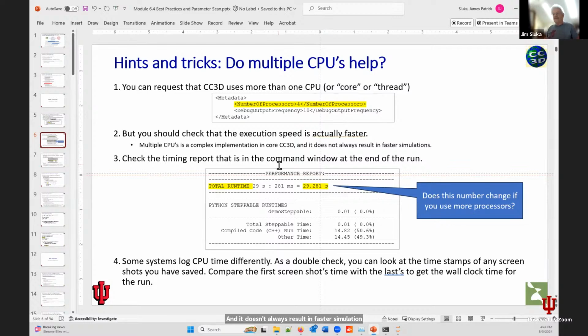An easy way to check that is, perhaps you've noticed at the end of every CompuCell run in the console, there's this little timing report. If you're making movies, this report is up above all the text about the movies, all the debug information about the movies. So you might have to scroll up to find it. But in any case, you can go up and find how long the simulation ran. If you change the number of CPUs, you should check and see if the runtime actually changed or not, or if it changed enough to be worthwhile. If it changes 2 or 3%, it's really not worth